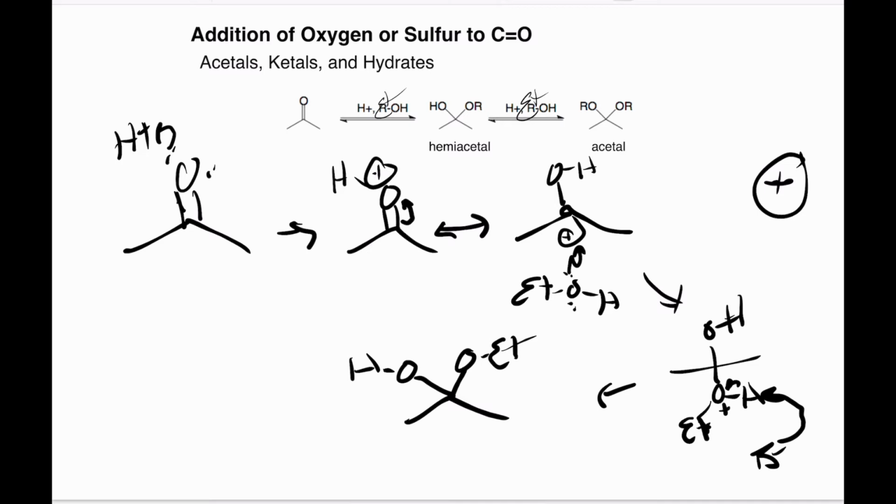Now, if we want to continue, and actually, you know what? If you want to stop at the hemi stage, and that's the product you want, you probably should not do it with acid catalysis. You should do it with base catalysis because that's as far as the base catalysis reaction goes. You can't get it to go any further. But with acid catalysis, it can go further. And so it can be kind of messy to try to expect the molecule to stop here. It can be really tricky to expect it to stop here because what it is going to probably do is